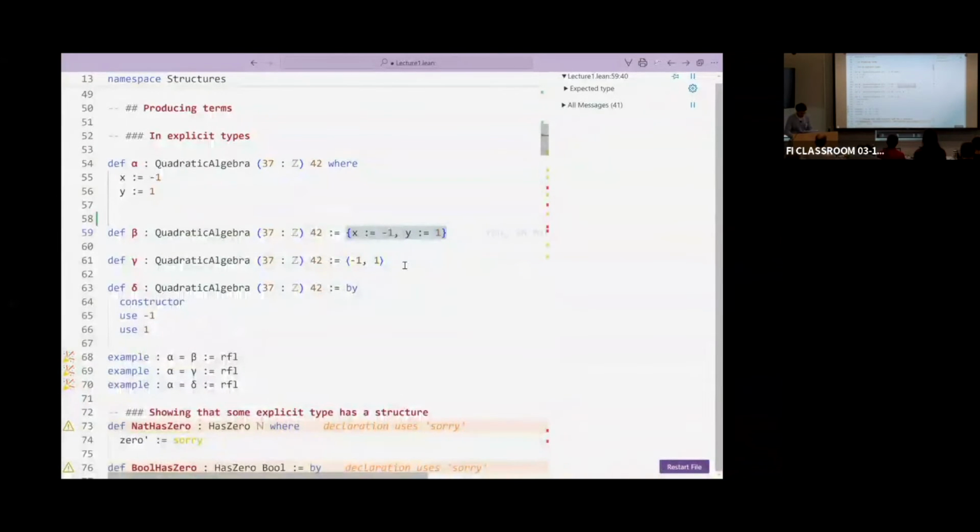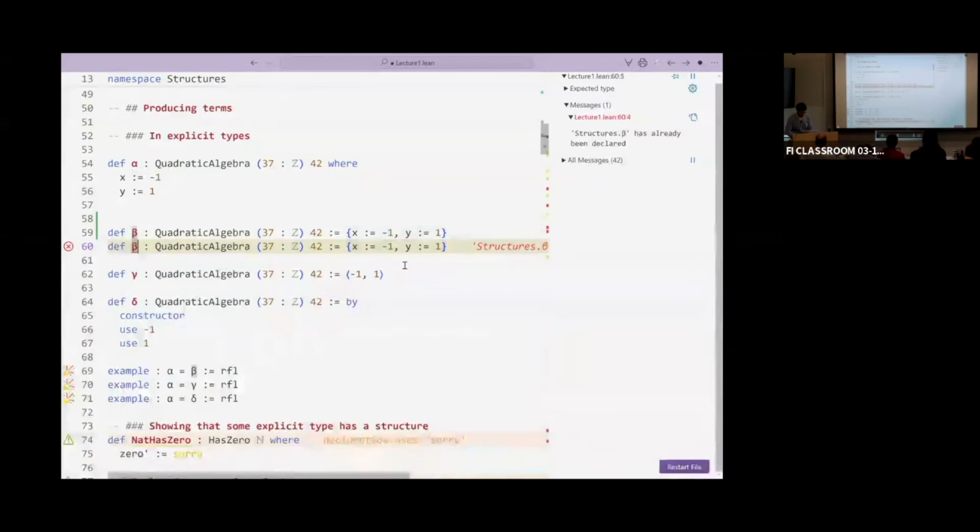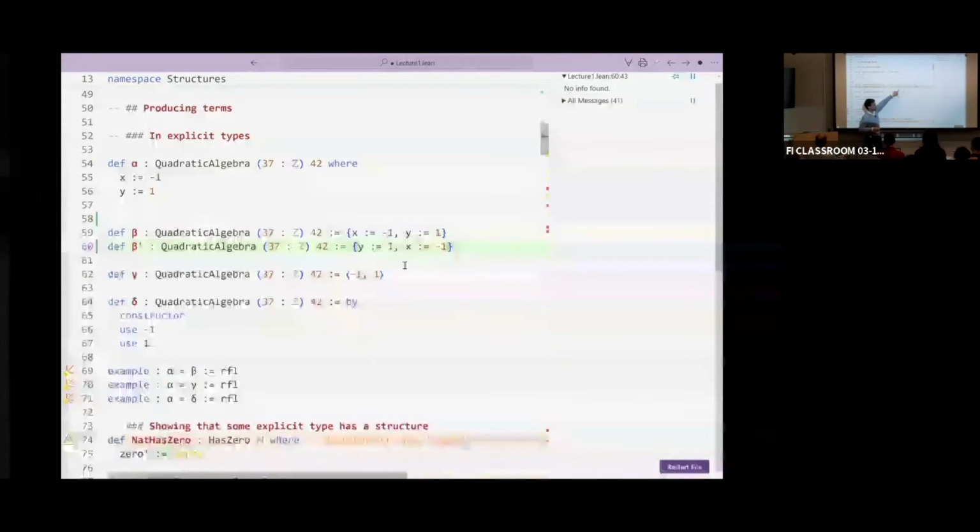So I can also define beta prime to be x equals -1 and y equals 1. These two things are the same, because really the labeling is conserved. This is a different constructor. So you let Lean know that this is the first field and this is the second field.